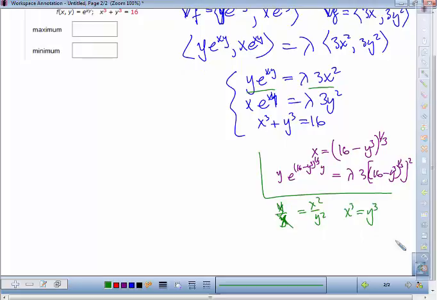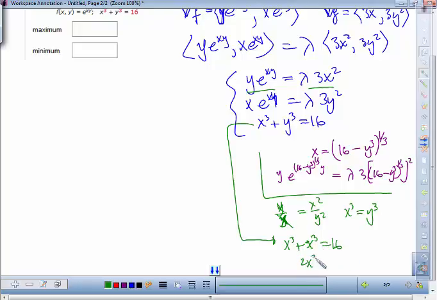Stick it into the third one. We got it. X cubed plus x cubed. Well, x cubed is equal to y cubed, so I'll put x cubed here, is equal to 16. So 2x cubed is equal to 16. That's 8. X is equal to